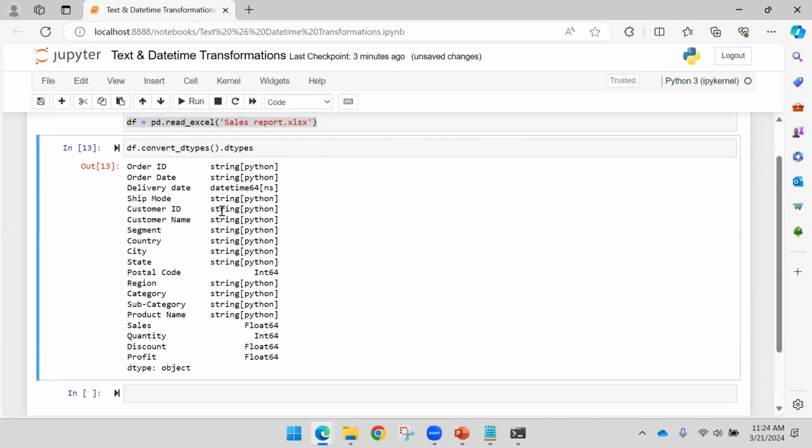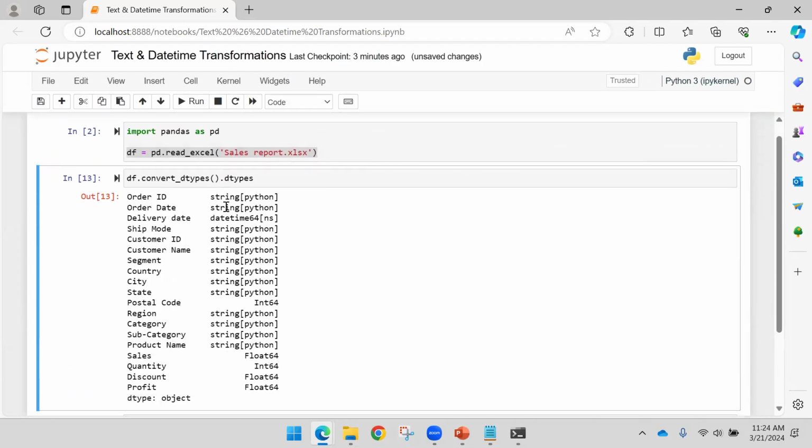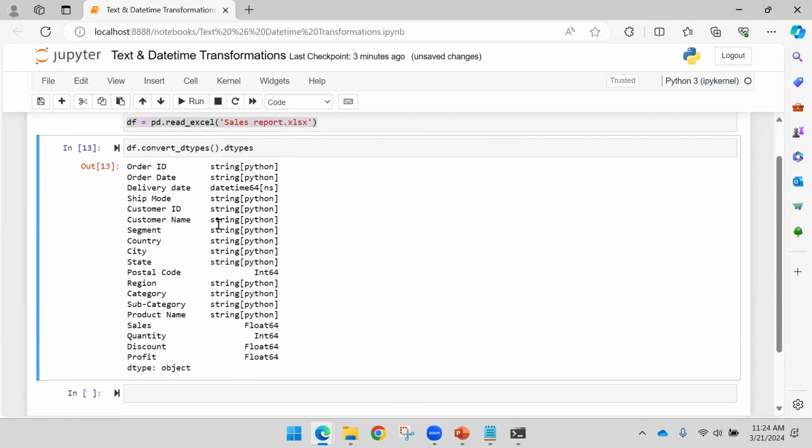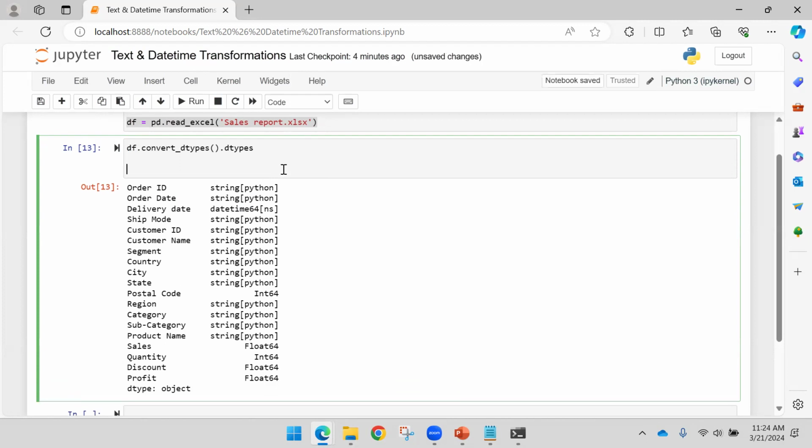If you know the data type of a column, you will be able to decide what kind of operations you have to perform. See here, my order date is in the form of text. I cannot perform numerical, meaning date time, operations on this data. So what I need to do is convert this to a specific date time. For that purpose,